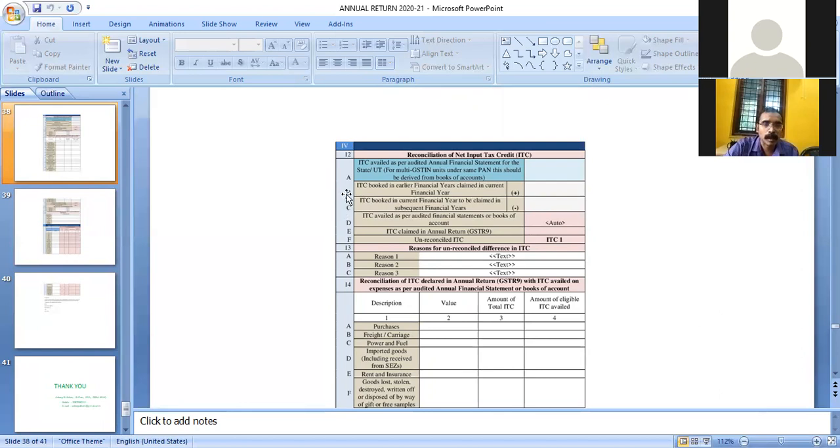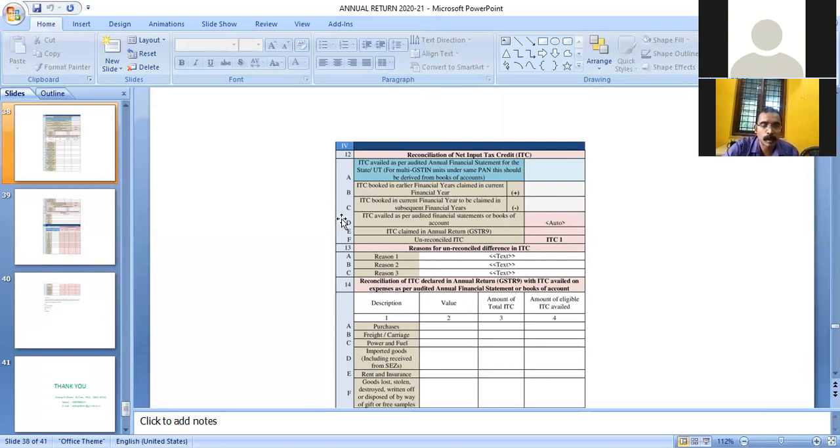Then comes column number B, ITC booked in earlier financial year, claimed in current financial year. Then column number C, ITC booked in current financial year to be claimed in subsequent financial year.